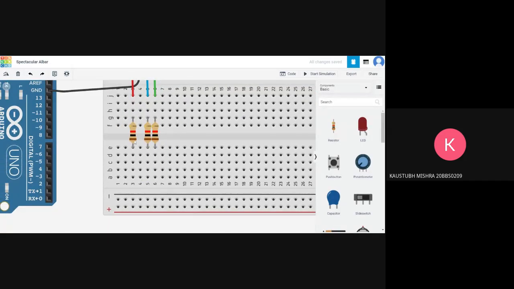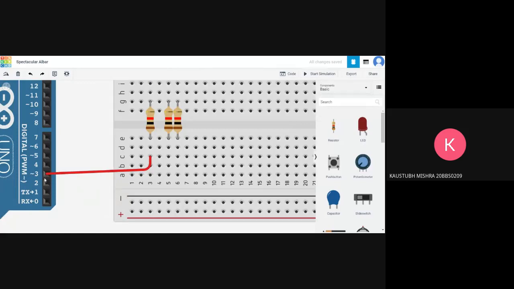And now we have brought the second terminal to this row over here. So now if we connect any wire over here, let's say we make this connection, color the wire red again. That means this red wire is connected through the resistor to this red wire, which is connected to the Arduino in pin number 3.